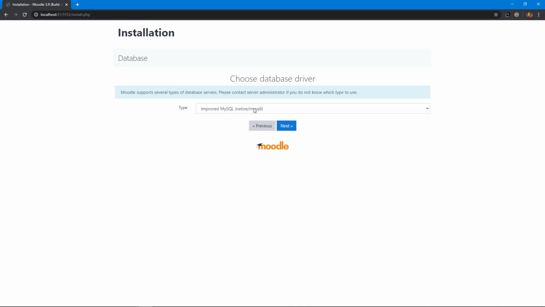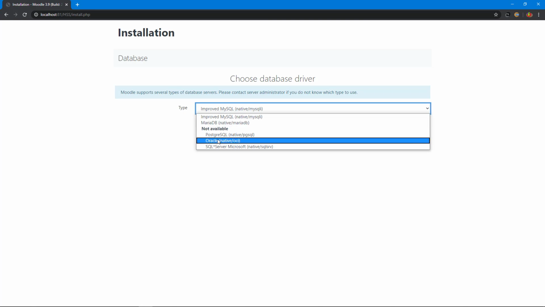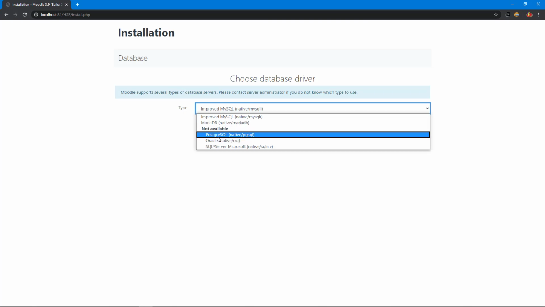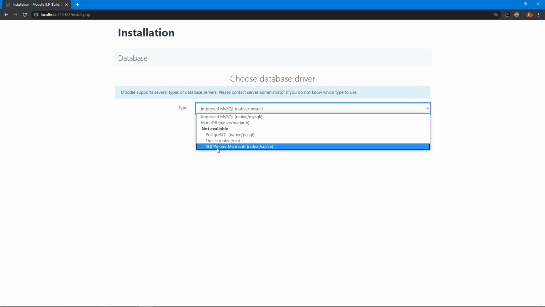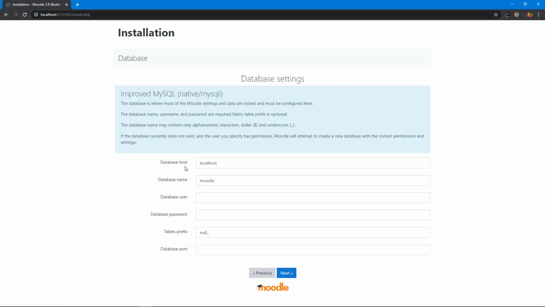Database server. My database server is MySQL. You can choose MariaDB. Also you can select PostgreSQL or Oracle or Microsoft SQL Server. Now I click next. This is the database host. Our current database host is localhost, which is correct, so I leave it.